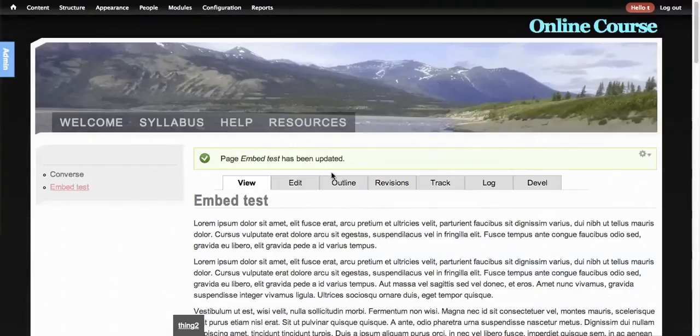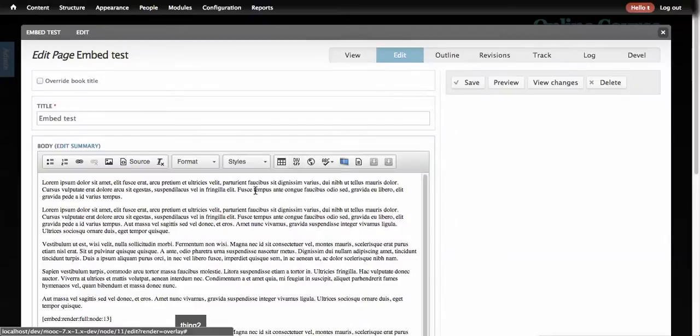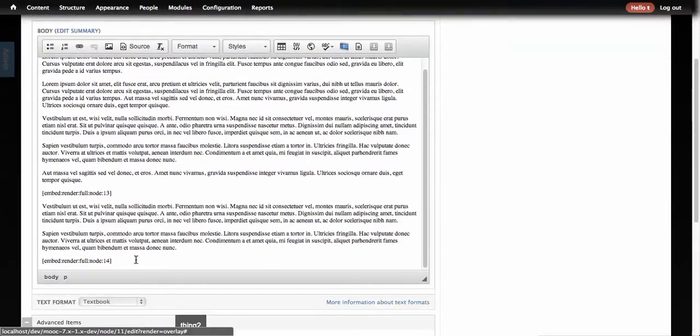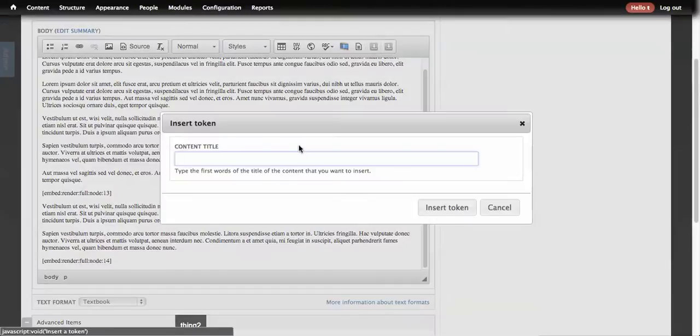But what I'm going to show, so we've got this embed test here, and you saw I had a table and I had a nice collapse set list. And this is embed render full node 14. That's being provided by the token insert and token insert entity projects, so that I could just type the name